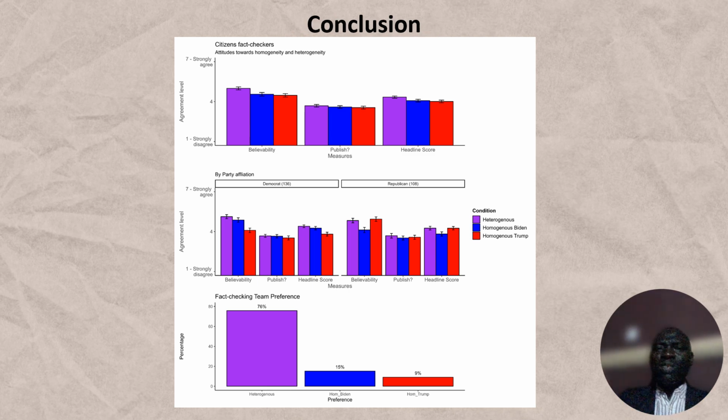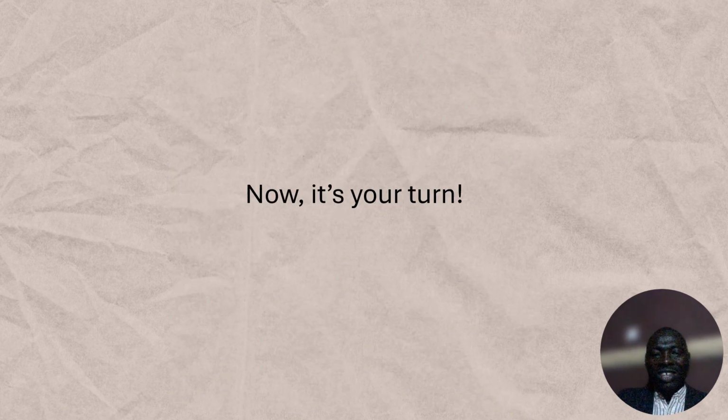So in essence, this project has significant implications for improving how we handle politically charged information and fight misinformation. So if we use adversarial collaboration, we can enhance public trust in media and ensure a well-informed society. And that's why I'm very excited about the potential of expanding this model and continuing to refine our approaches to fact checking. Okay, now it is your turn.